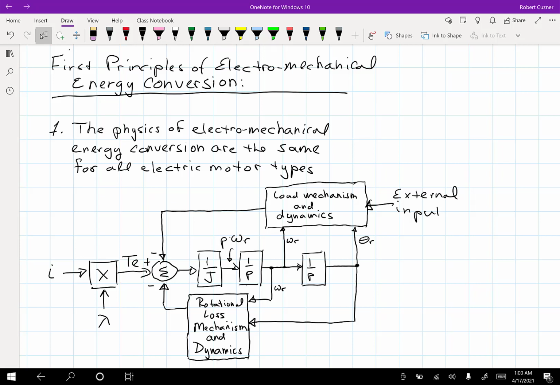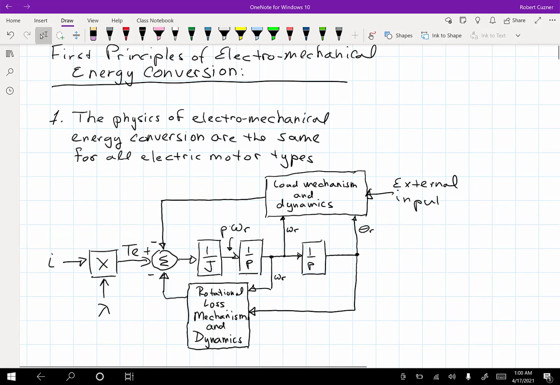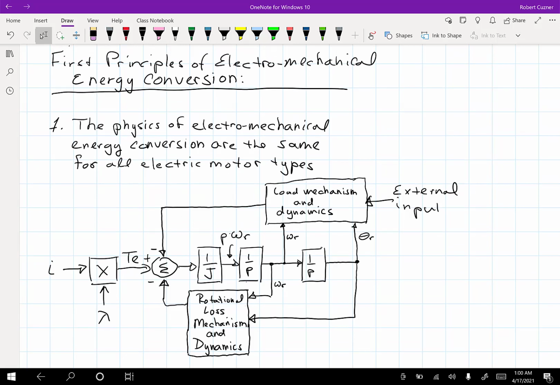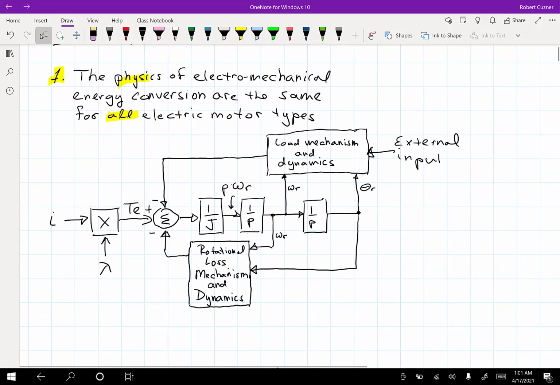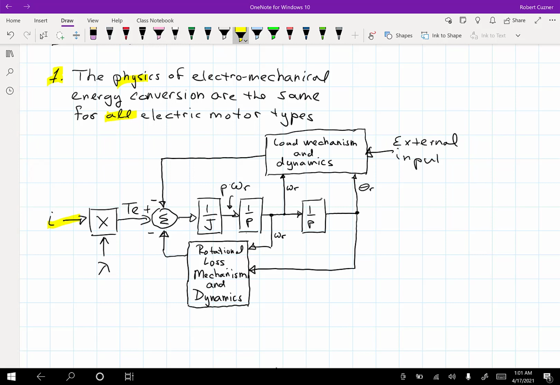So I'd like to start out by talking about first principles of electromechanical energy conversion. There are a few key points that, in my mind, define these first principles. The first one is that the physics of the electromechanical energy conversion are the same for all electric motor types. Basically, what you have is a current multiplied times a flux, giving you a torque, and then that torque is